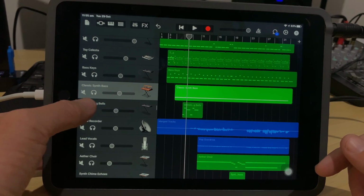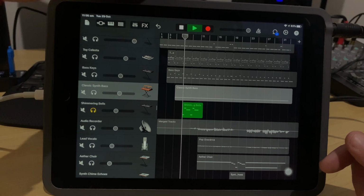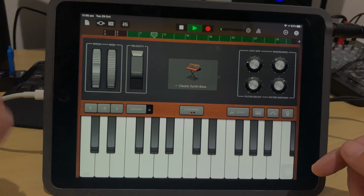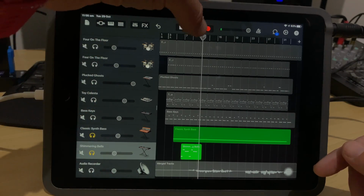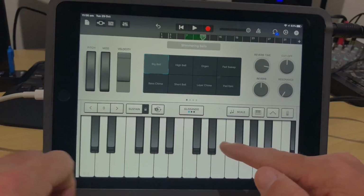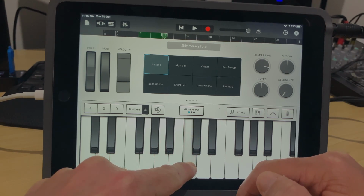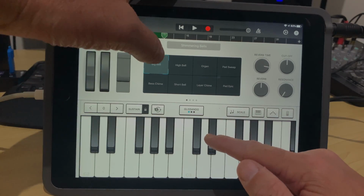Let's continue on here. I've inserted some shimmering bells here because, again, bells are creepy and they sound like this. Let's jump into the instrument. Oops, we're still in the bass. Let's go back. And again, you can hear that I've used that technique of bringing it up again. So if we go into the instrument here, I've gone on the C minor. And you can hear that when you're moving up and down, just experiment with this. You can get some really cool sounds. And again, if we used it up the top here,